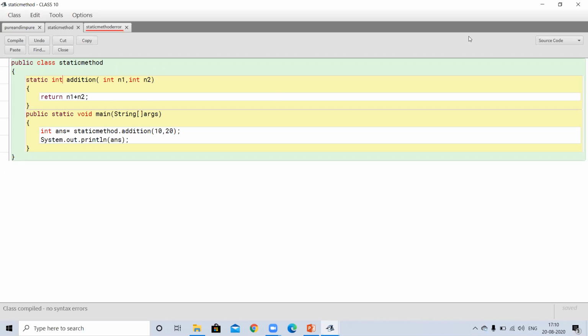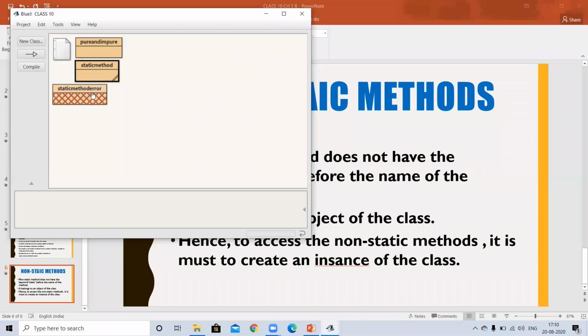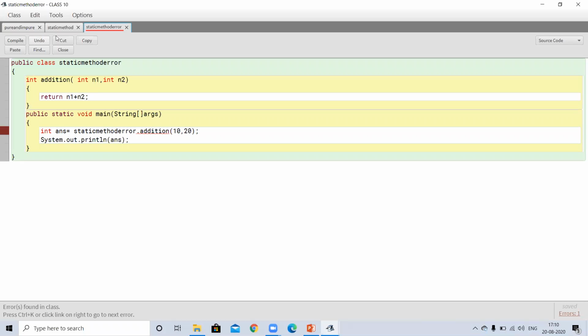Now I will explain the next program in which you will get an error. What is the error? As I told you, it should be static. It is the same program, but here I removed the keyword static. I told you that a static method can access static variables.